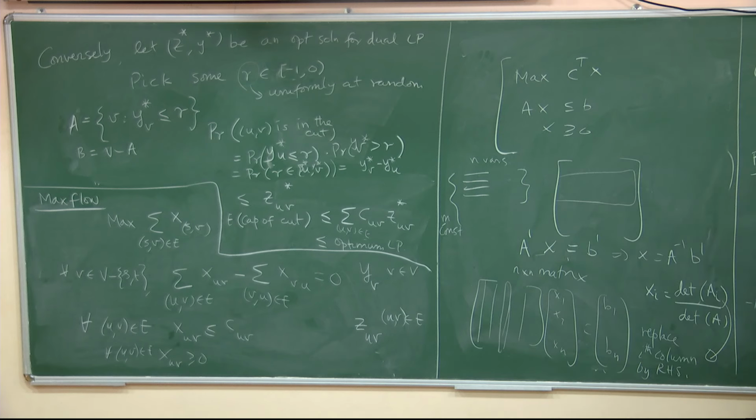Then such a matrix is called totally unimodular. So totally unimodular: a matrix A is totally unimodular if every submatrix has determinant